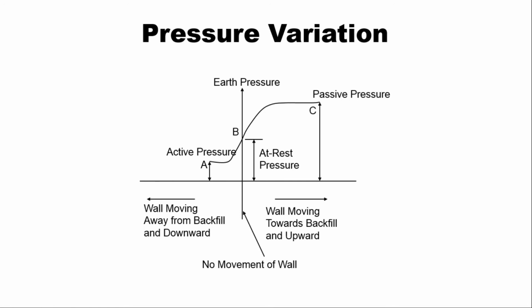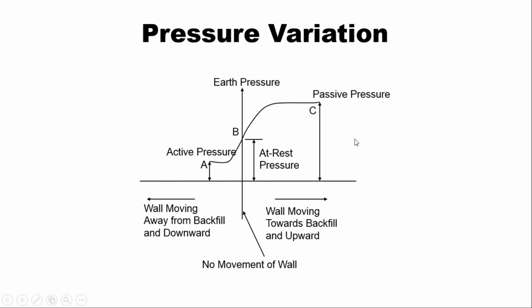Applications, just once again we can revise. Normally the retaining walls are under active earth pressure. If the walls of a basement or bridge abutment walls are connected at their tops, due to which the movement of the wall is prevented or restricted, then these walls are exerted by the lateral earth pressure which is at rest. But please remember, at rest doesn't mean the magnitude of earth pressure is zero. It is there and it is greater than the active state.